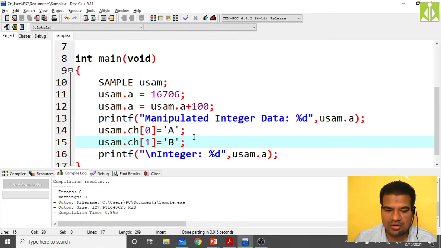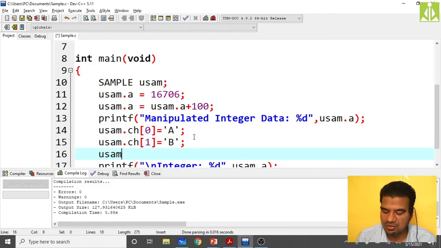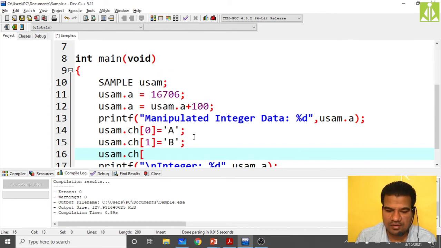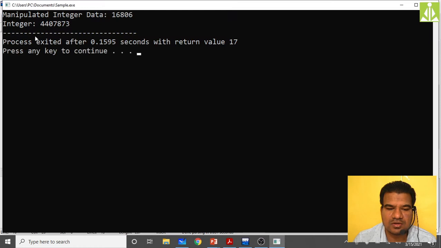I will try to modify one more byte, usam dot ch of 2. I want to store here some capital C. Now save it, quickly go compile, run. See, it got modified still, some different, unknown value we are getting.